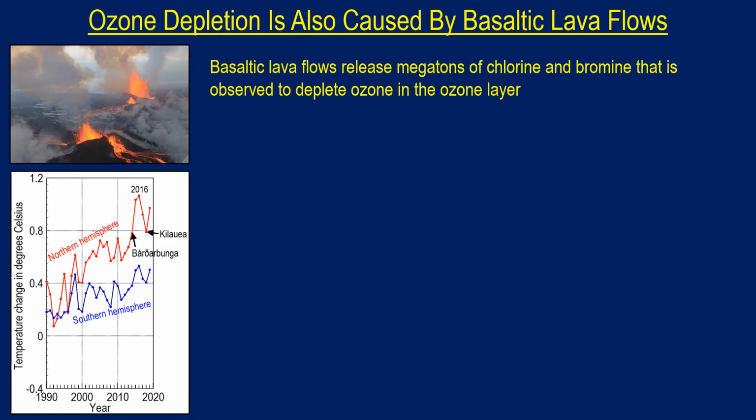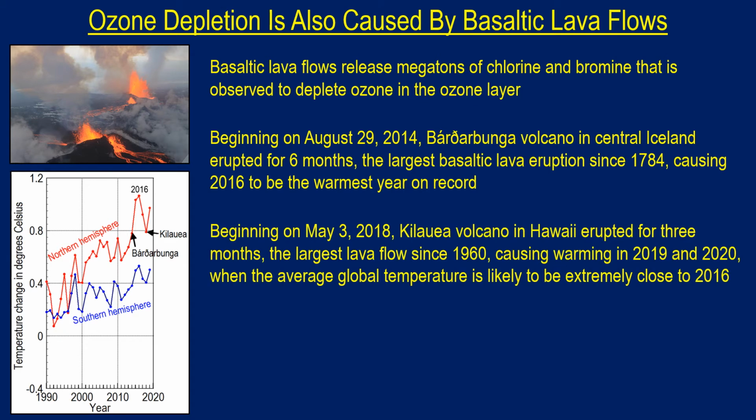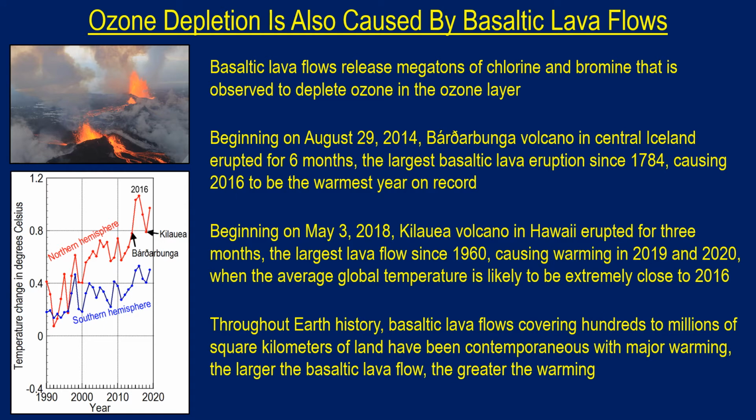1784, causing 2016 to be the warmest year on record. Beginning on May 3, 2018, Kilauea volcano in Hawaii erupted for 3 months, the largest eruption in Hawaii since 1960, causing warming in 2019 and 2020, when the average global temperature is likely to be extremely close to the maximum temperature in 2016. Throughout Earth history, basaltic lava flows covering hundreds to millions of square kilometers of land have been